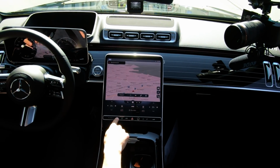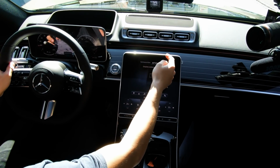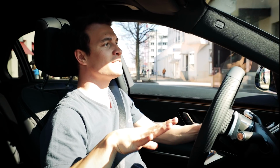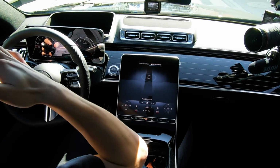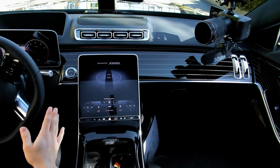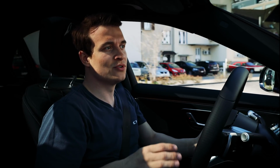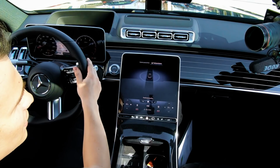What you have to do is just press this button here and then click on Park Assistant. Now what the car is basically doing is scanning the street for free parking spots. There aren't any, unfortunately, up here, so I'm gonna drive around. Okay, there is a free spot here, so I'm curious if the car will be able to notice the spot. So we're just gonna drive, and now